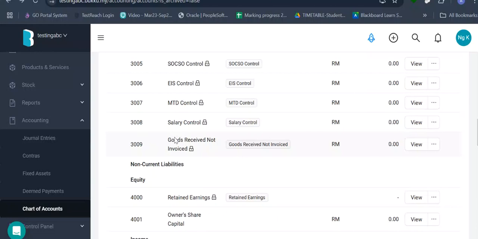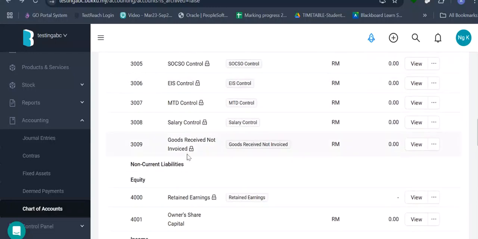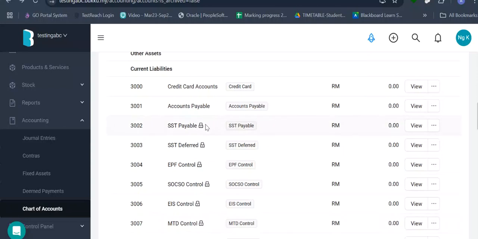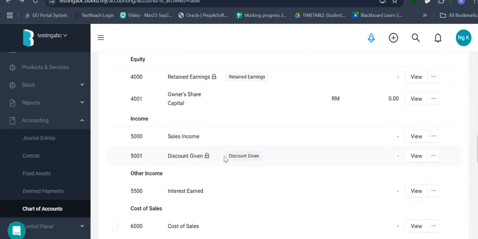So today when we receive goods, we actually haven't got the invoice yet. So you cannot actually create a payable account, but you have this temporary liability account called goods received but not invoiced. And once we receive the invoice, this account will disappear, and it will be transferred to accounts payable. But this we'll discuss in the second week, just next week.